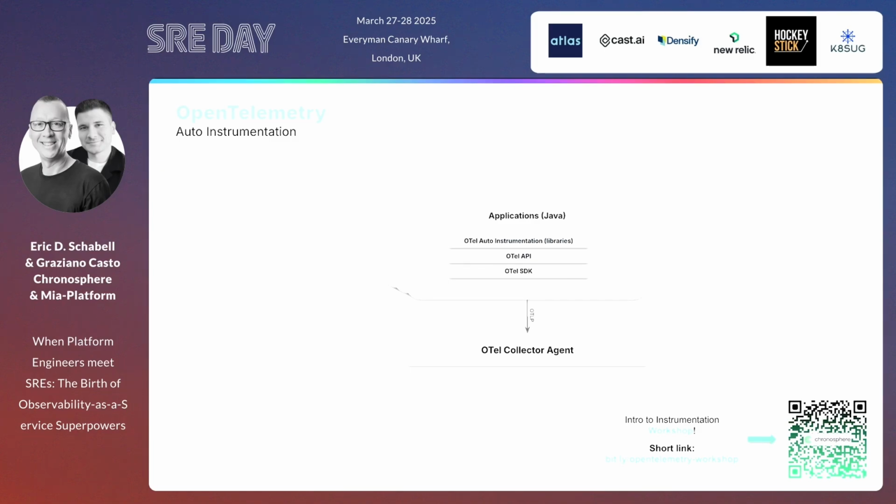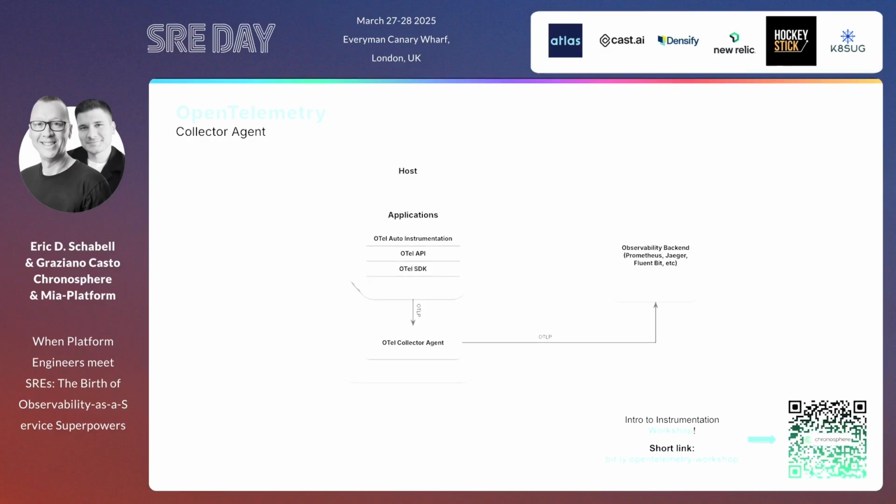Notice that the collector agent has no backend. Whereas Prometheus provides the complete story, this does not. So be really aware of that. Not everybody's really up on that until they get started, and then they're like, whoops, what now? So you do need a backend.